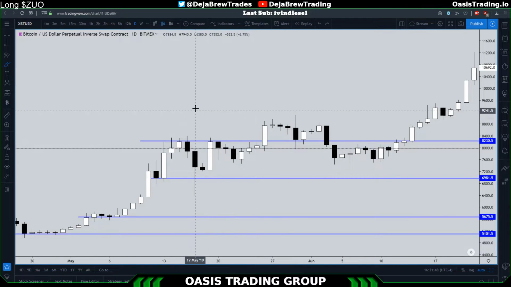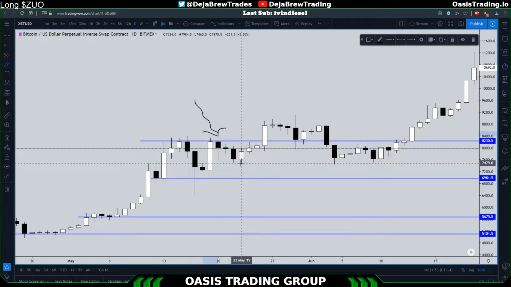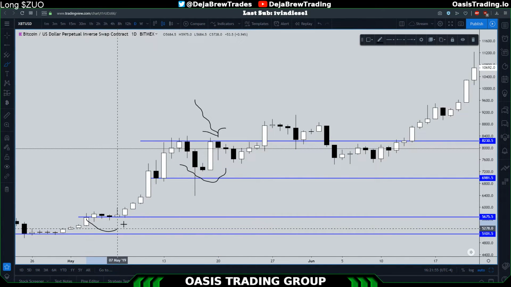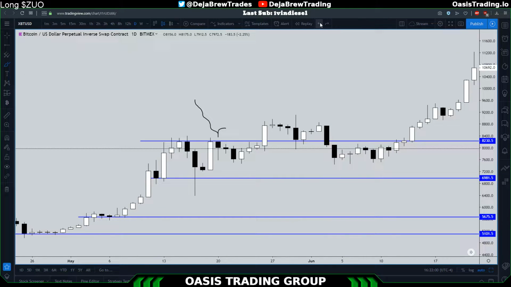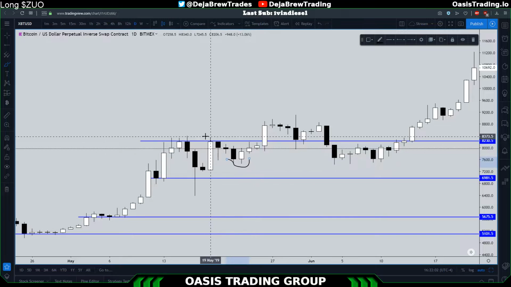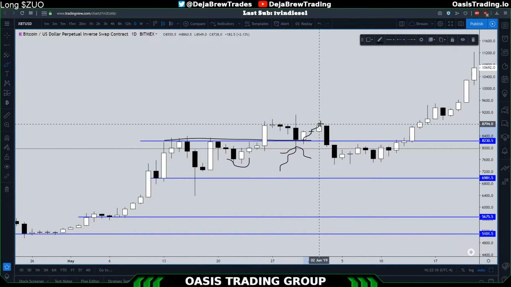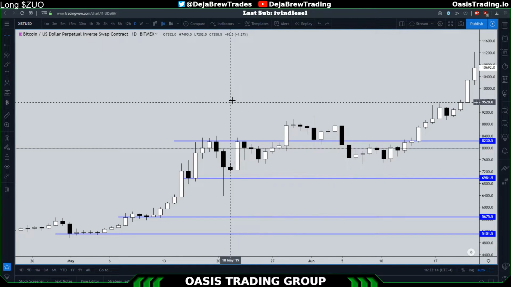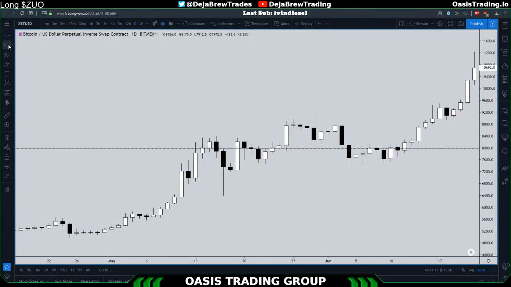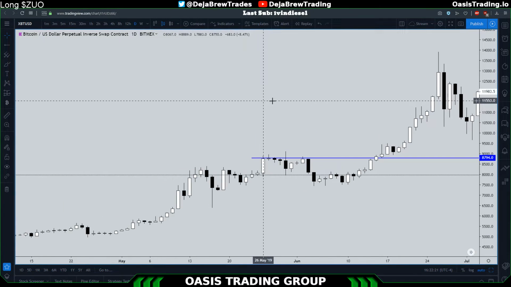So if you tried to predict that this double top would turn into a downtrend, you lost that trade. Because what did we see here? Nothing but higher lows. So once you form the higher low here, look at what happens. You break your resistance. It turns into support. Then you try to push higher, but then what do we see? We see the same thing again. Let's clean this up. We see another double top. Okay. So now yet again,